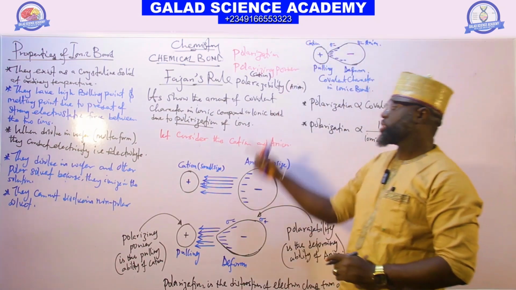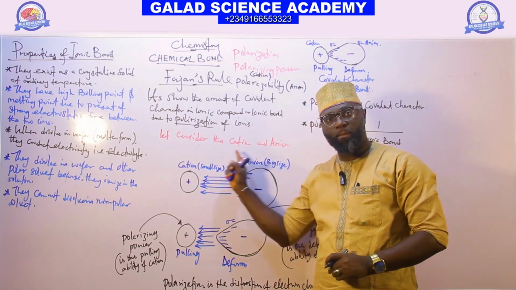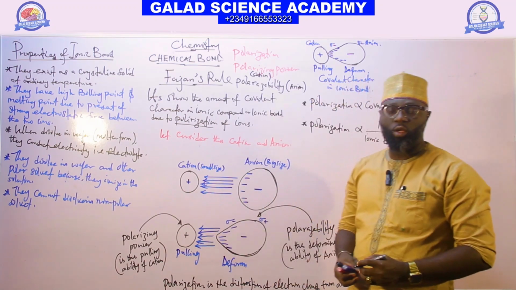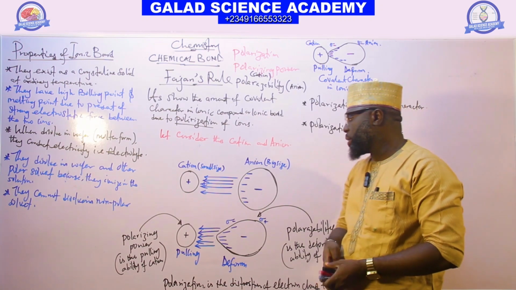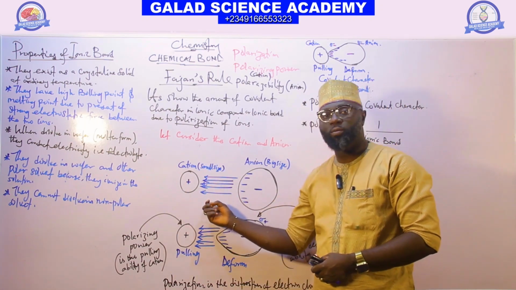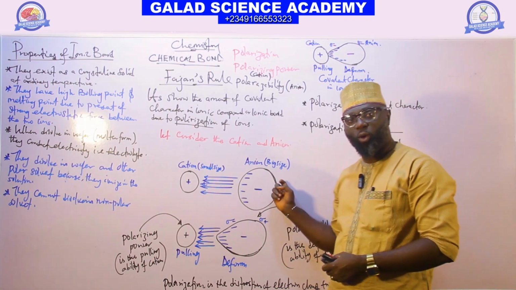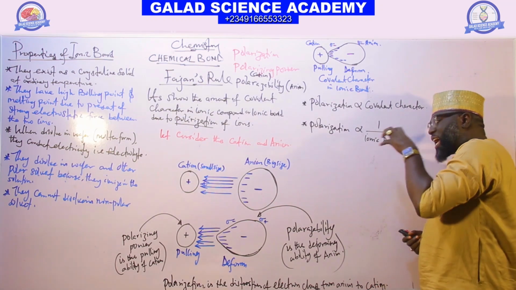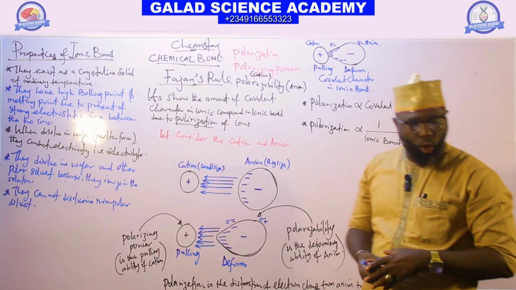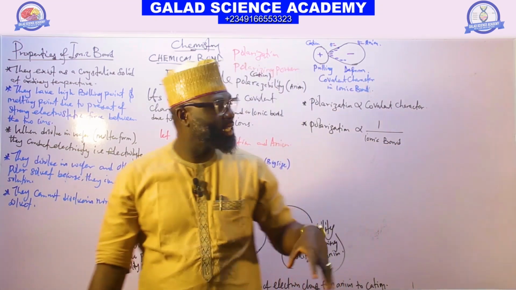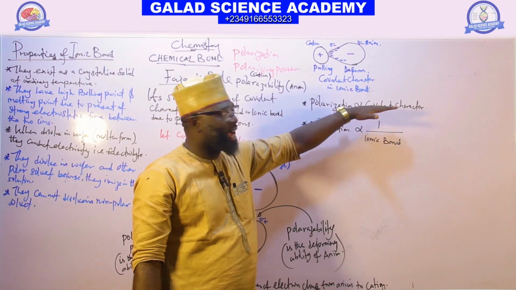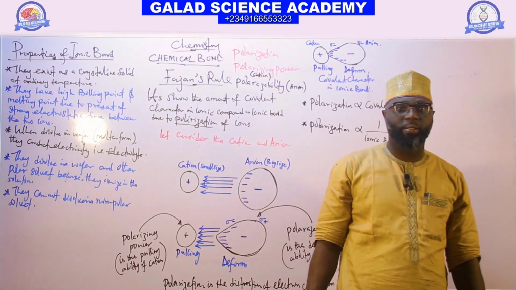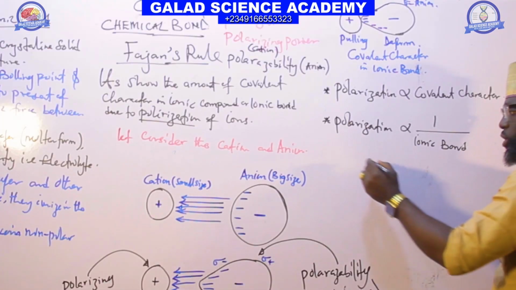So that is all about the polarization of the anion by the cation. The polarizing power is experienced by the cation, and the polarizability is experienced by the anion. So the next thing now is what are the conditions that we can use to determine the covalent character in an ionic compound. So the next thing is